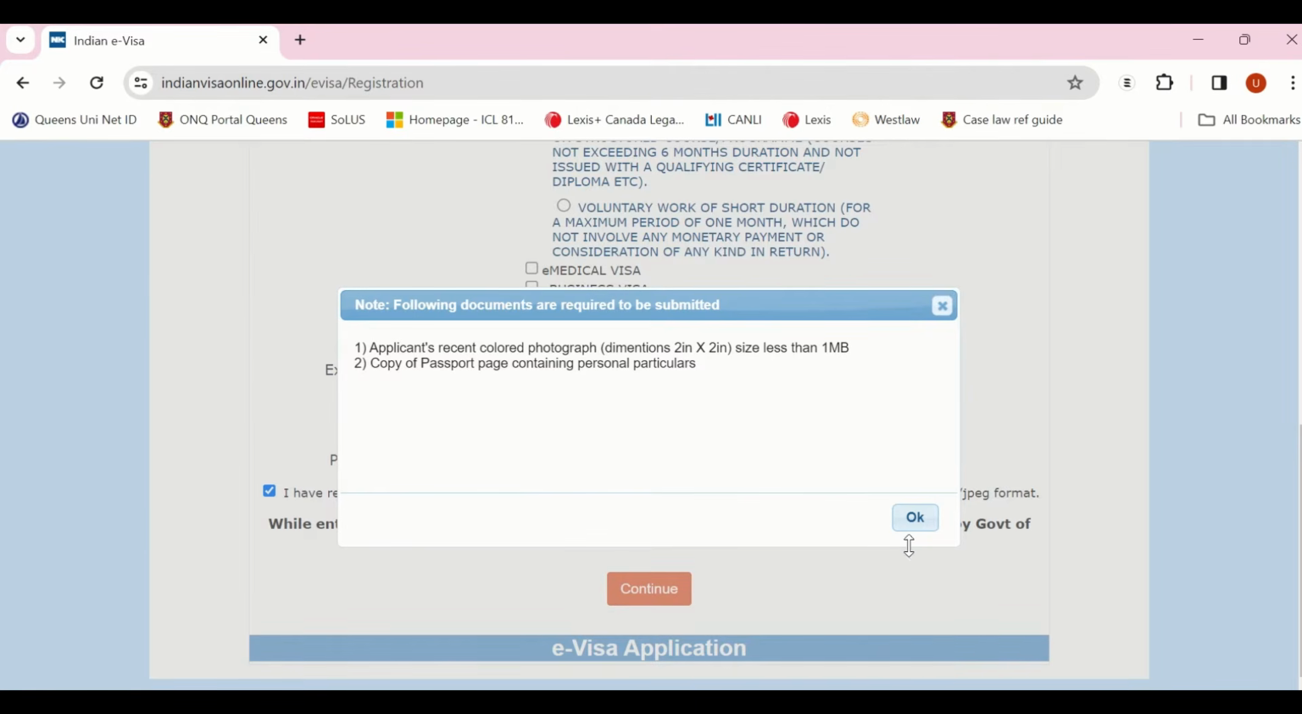That's why this process is relatively easier, especially if you've gone through the surrender process or OCI process recently. This will be a breeze. Okay, so click on OK,